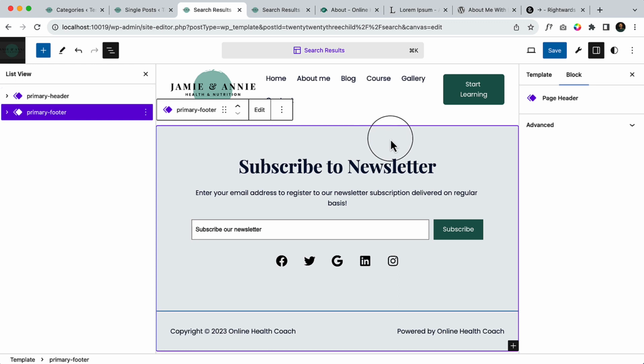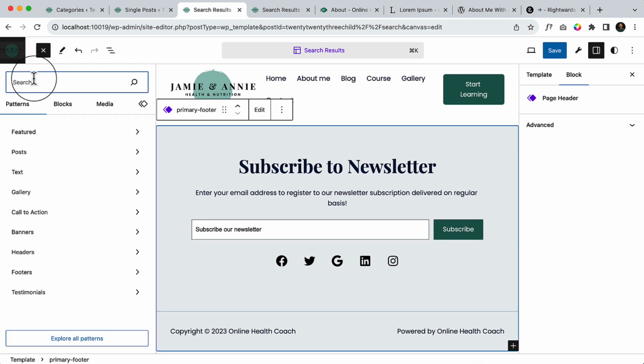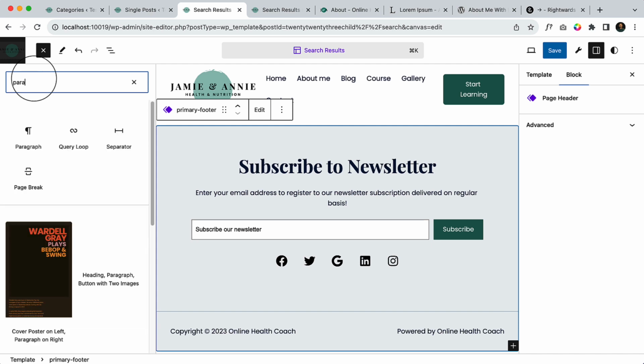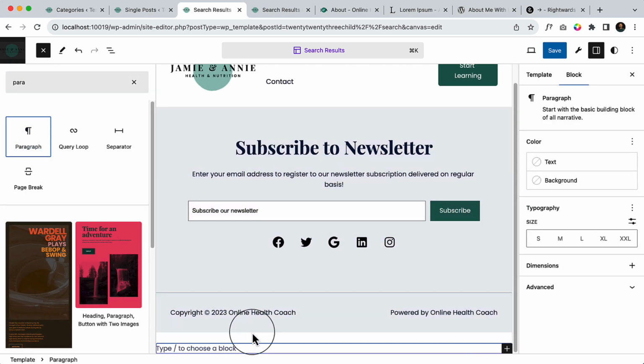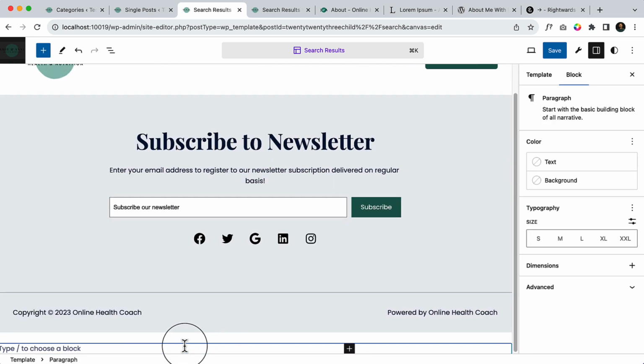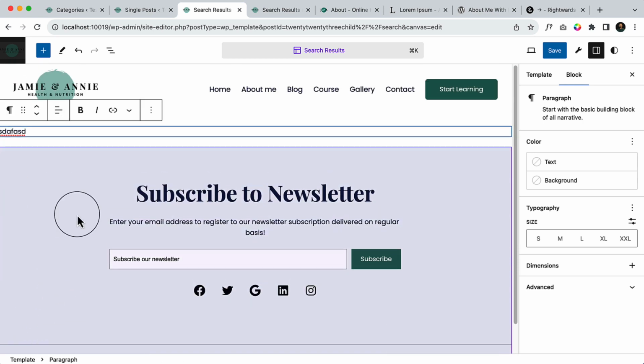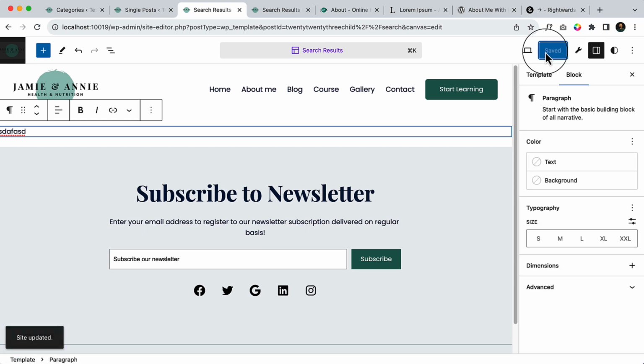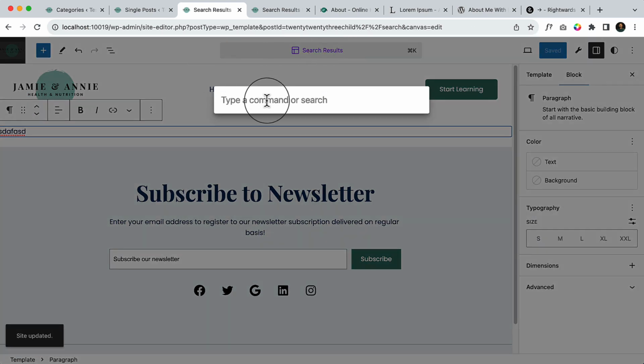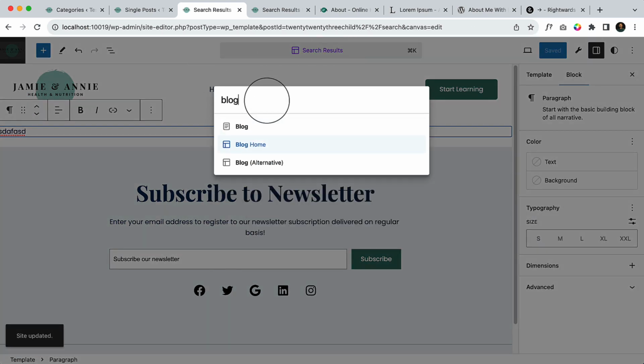And you can change the search result page. Let's add paragraph. This is added at the bottom area. Let's add something, drag this in the middle of this page, and now I'm gonna click save changes and go to blog